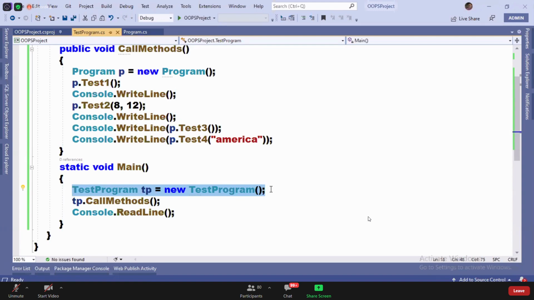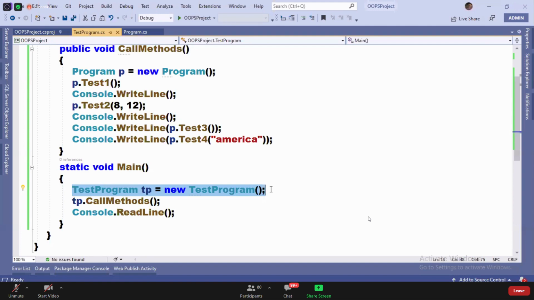Right-hand side, perfect. Yesterday I said, you remember, the new keyword is important? You have to create an instance, and the new keyword is important. Then what is the use of the left-hand side code? The left-hand side code is to give a name to that instance.